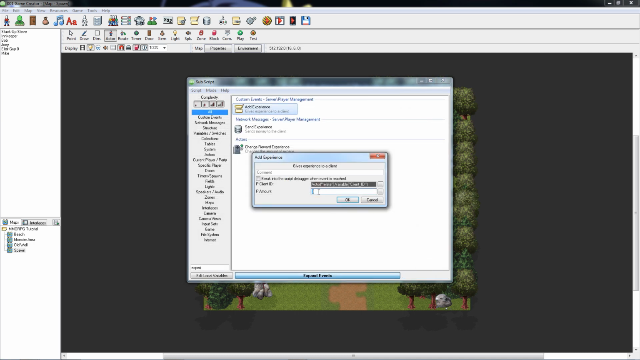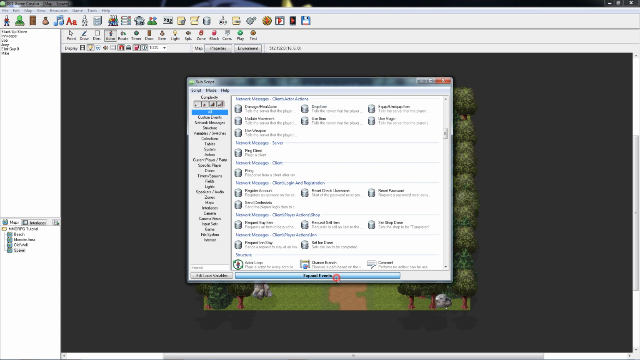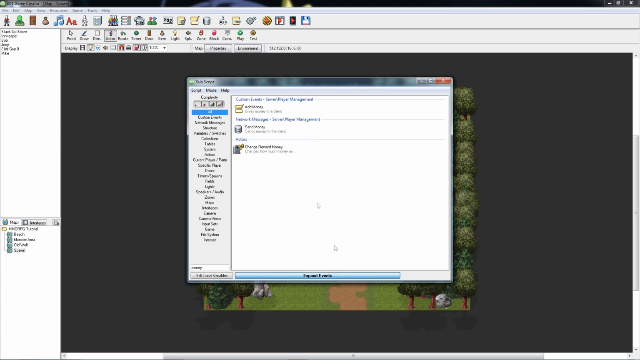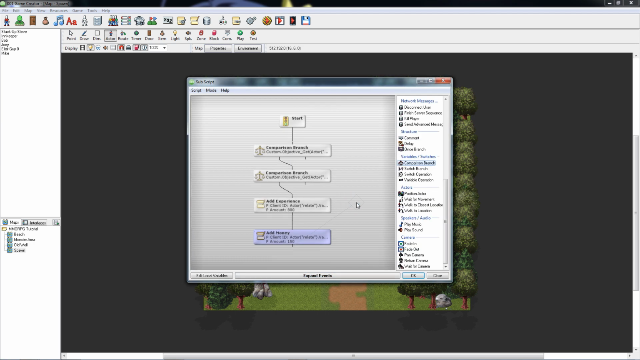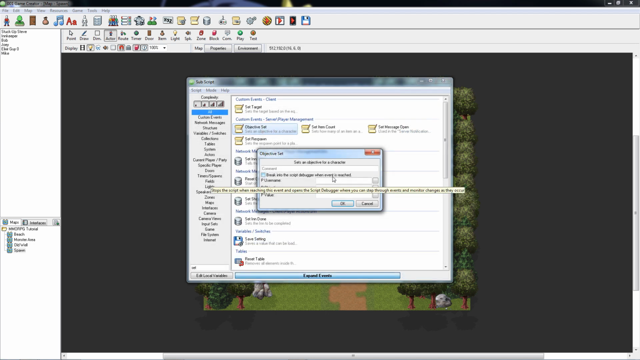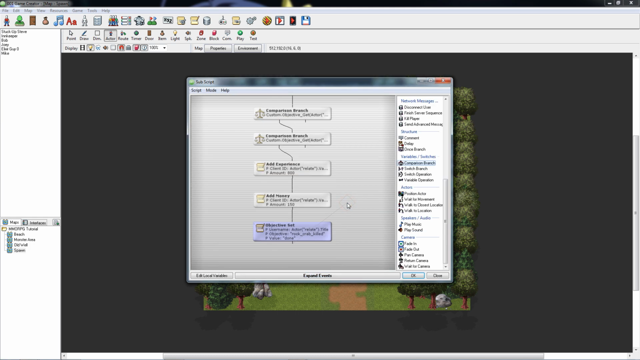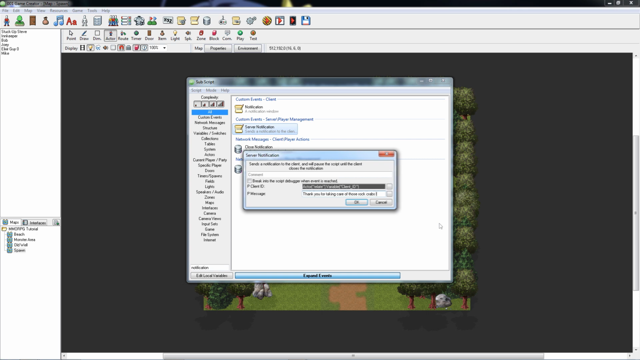Then create an add experience custom event, followed by an add money custom event, like we did for the item quest, with the amounts set to 800 and 150 respectively. Now add an objective set custom event, with the same username and objective as before, but with the value set to done. Follow that with the server notification event, with an appropriate message that thanks the player for completing the